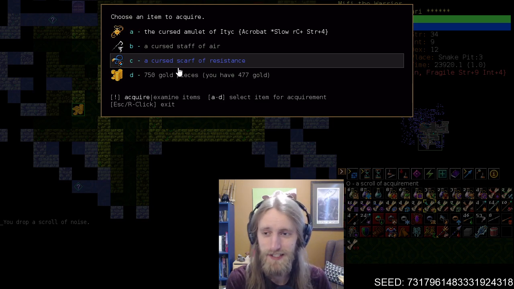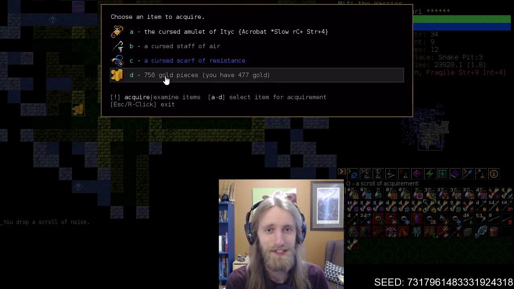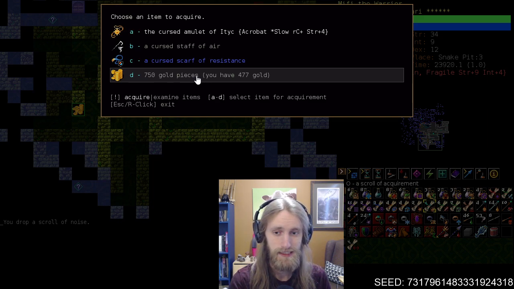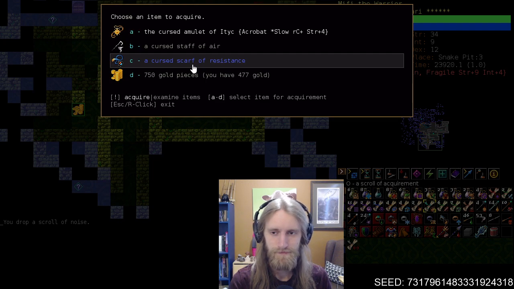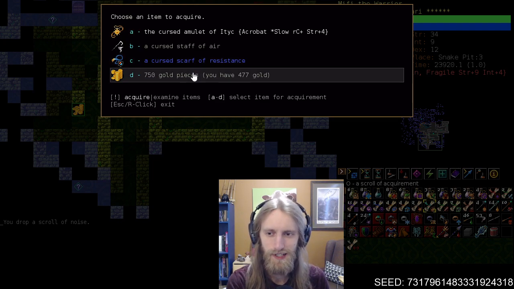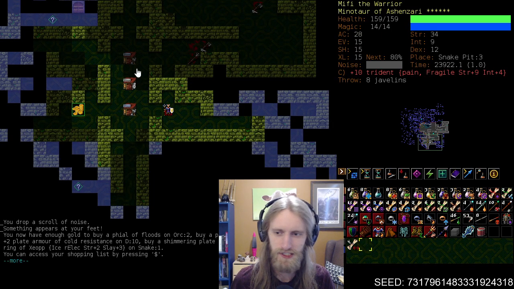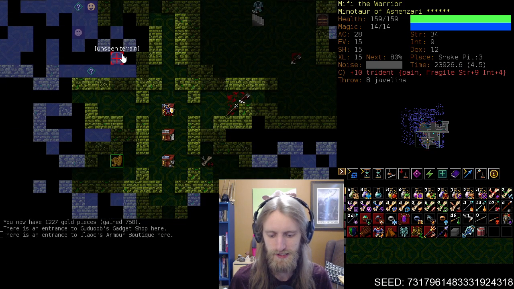On the other side of things, gold is, for once, a very tempting acquirement choice here, because we just saw that shop where we're really going to be needing to pick up a decent chunk of change. So this would allow us to just go and buy that plate and potentially see what that's all about. Oh me, oh my, decisions, decisions, decisions. You know what, because I like artifacts so much, the Scarf of Resistance might be the right play here, but I think I am going to go for the money, and we're just going to snatch that up, and I want to see...